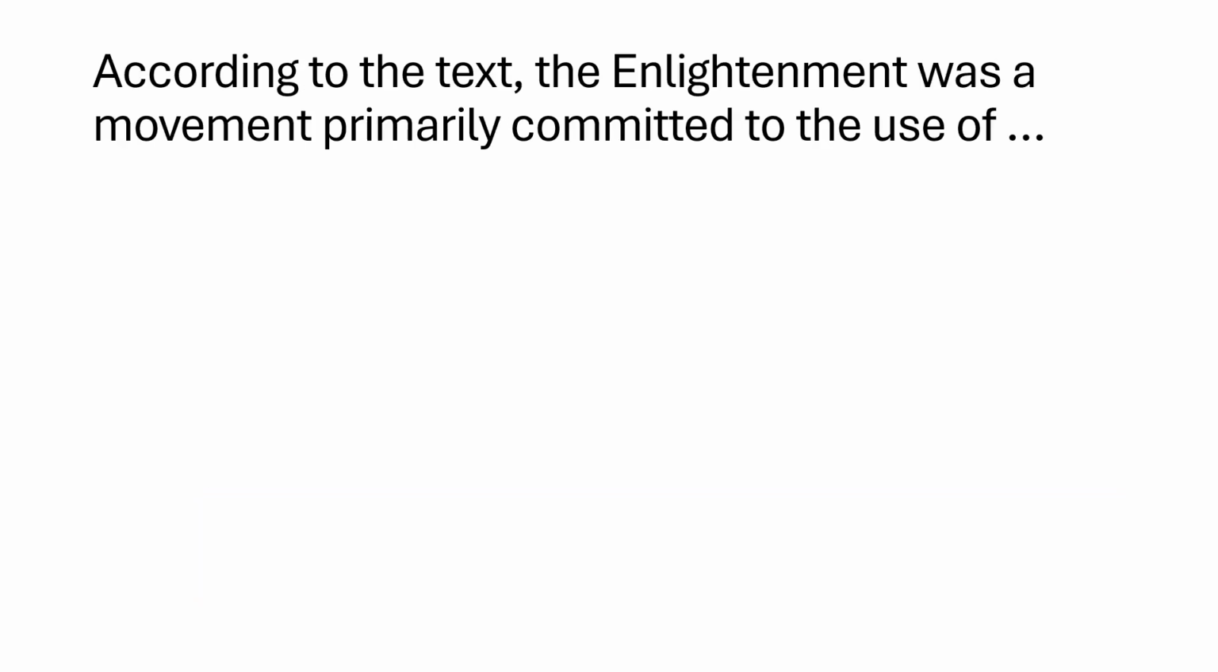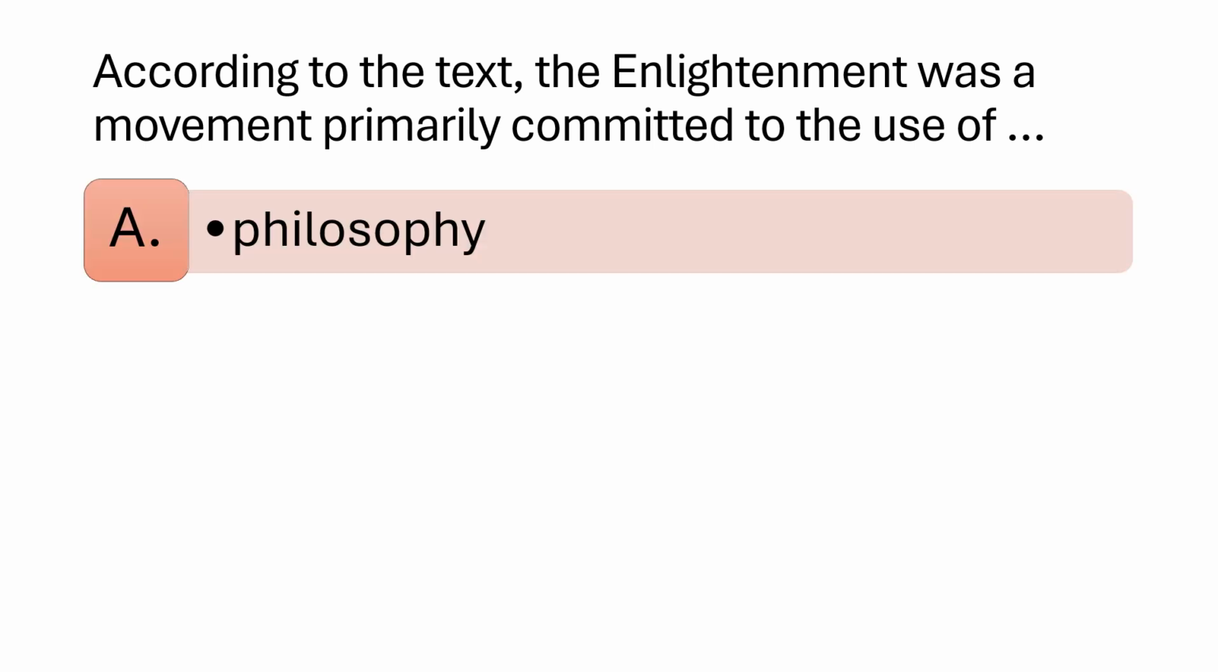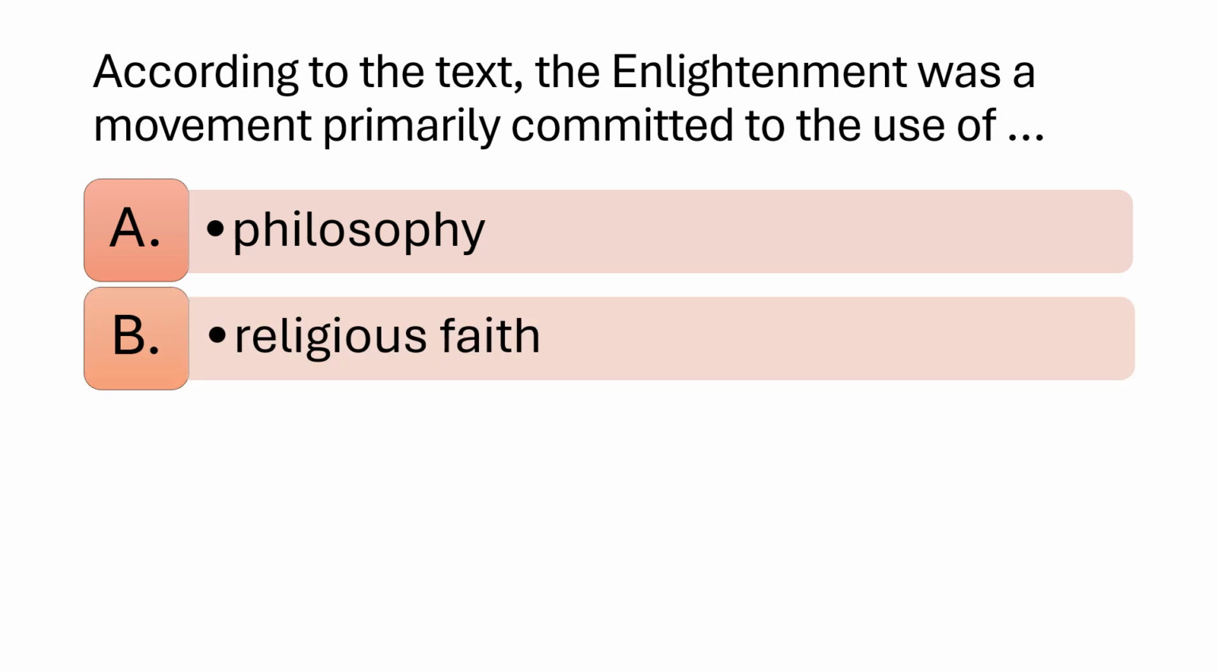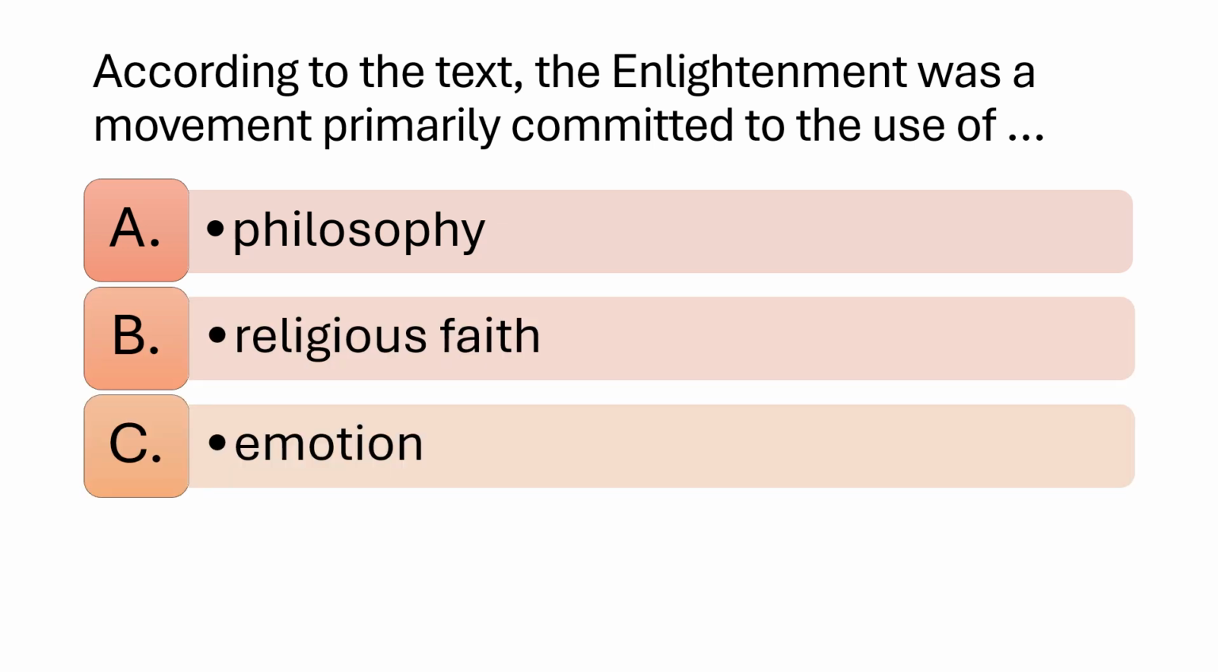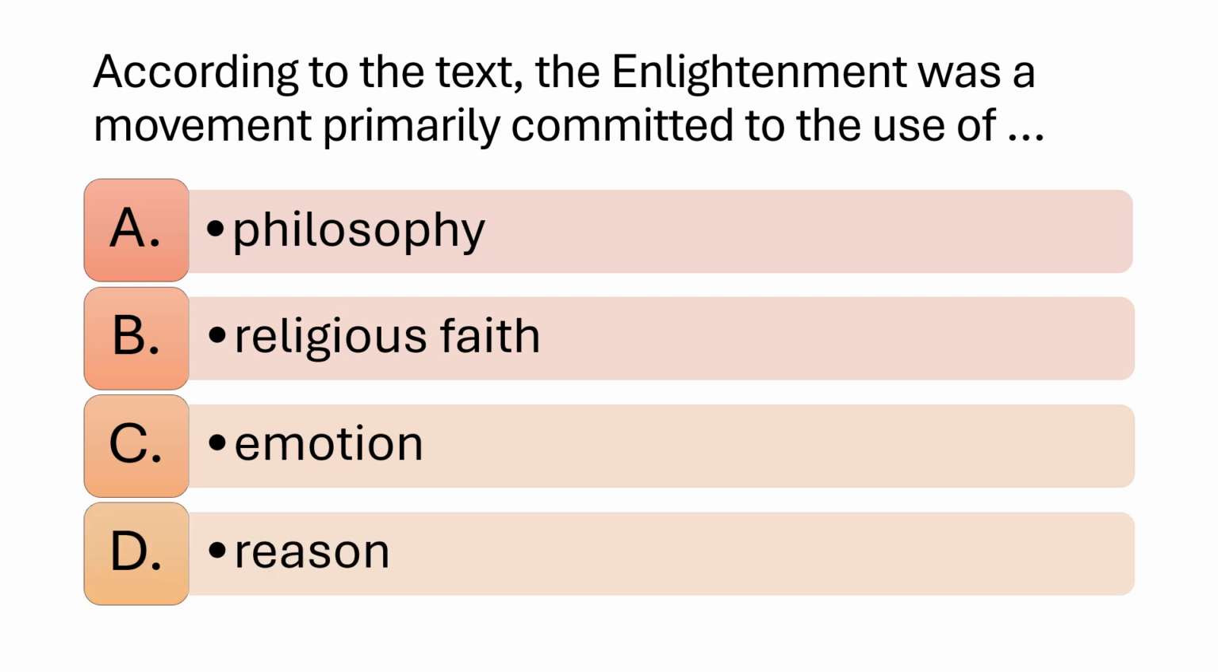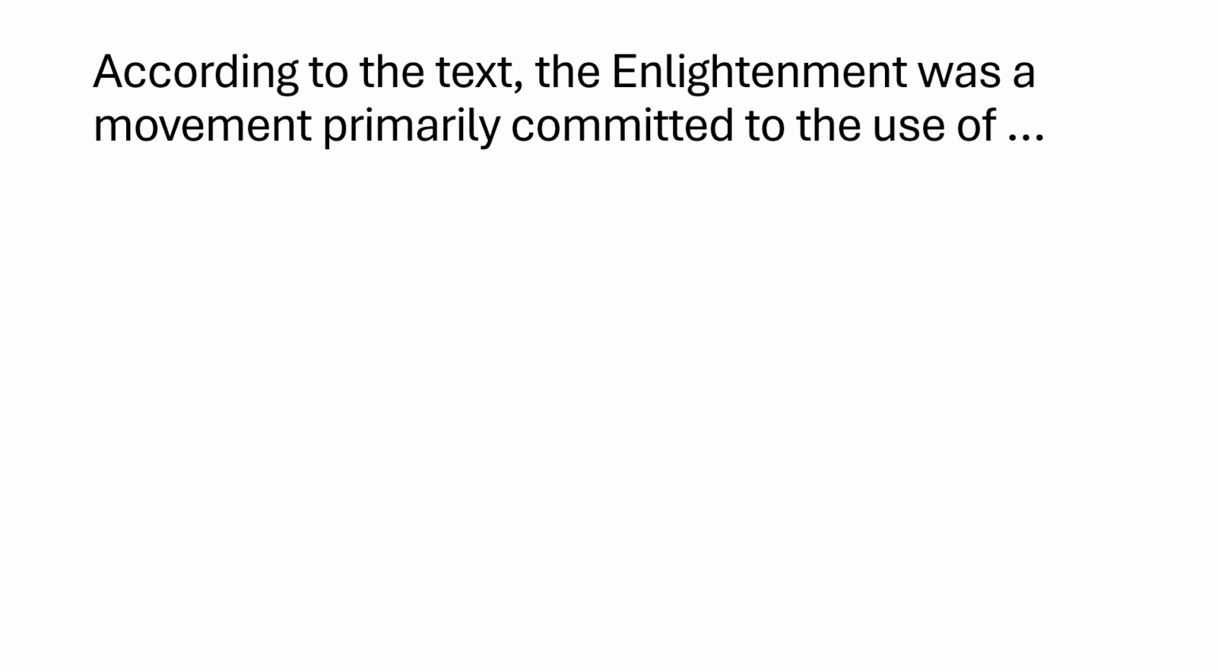According to the text, the Enlightenment was a movement primarily committed to the use of A. Philosophy, B. Religious faith, C. Emotion, D. Reason. According to the text, the Enlightenment was a movement primarily committed to the use of